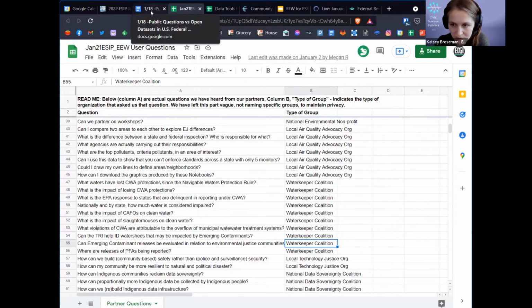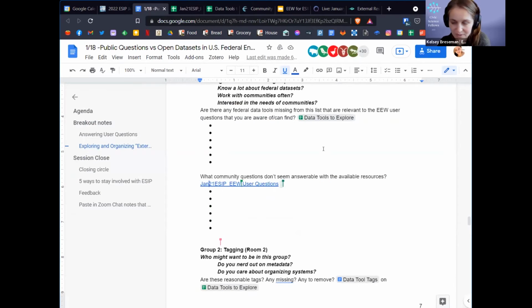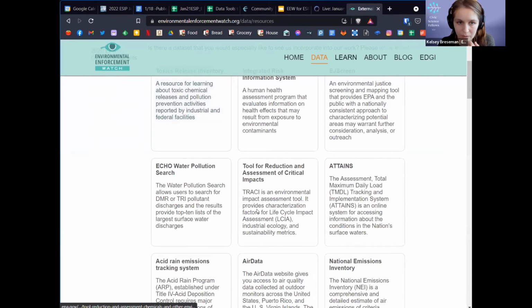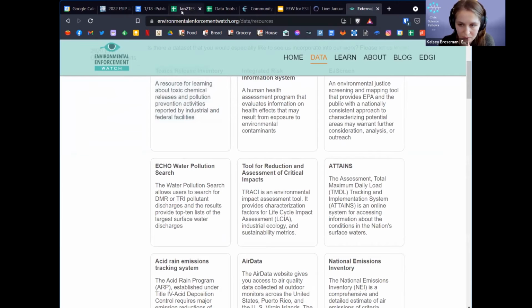So this is not a data set we've published or made public, but it is something that I would love for you to get a little hands-on with today. Have a look at this and tell me what questions don't seem answerable using the resources that you can find on the internet, and especially I've already done some of the work for you by compiling them onto this external resources page. So if it's not there, I couldn't find it.